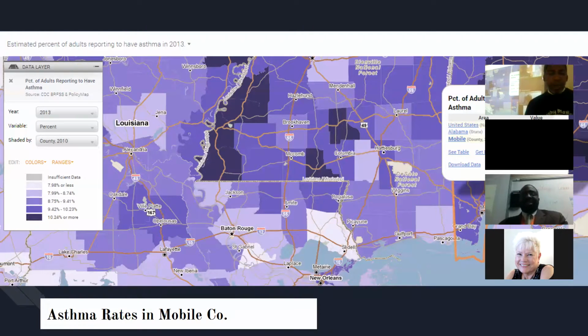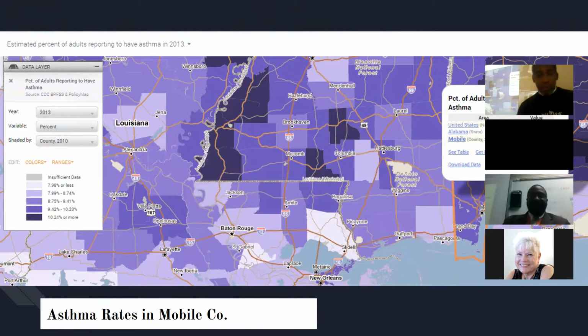Now there's an interesting product called PolicyMap. Now PolicyMap does require a subscription. Tennessee State University happens to have a PolicyMap subscription, so I'm very happy to see that we actually utilize this resource. And so this map is a map, I believe, that Joey Batts created, looking at the asthma rates